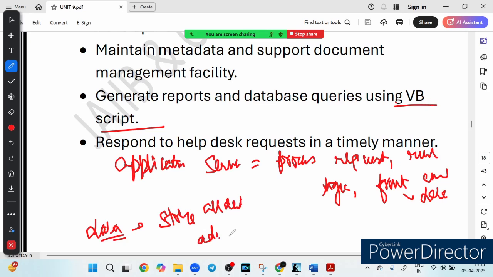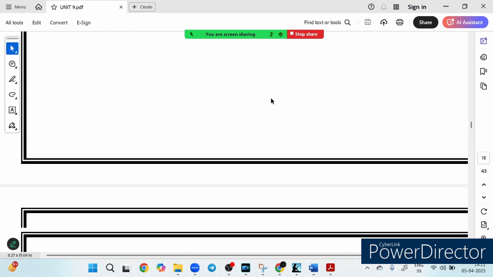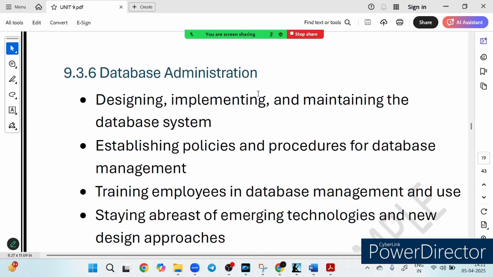So friends, let's end our discussion here. The rest we will cover in the upcoming chapter, 9.3.6, that is database administration, right? I hope till now the concept is clear. Using diagrams